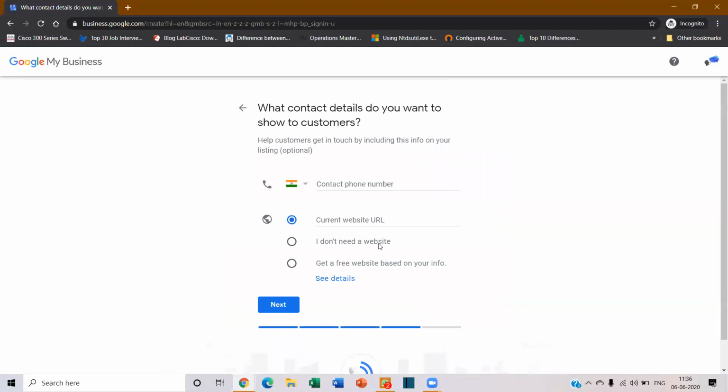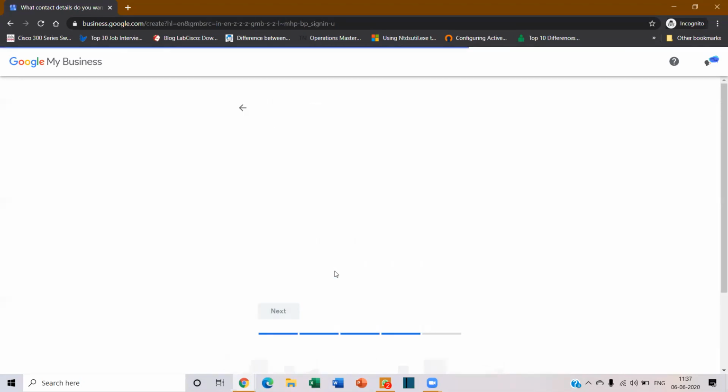Then you have this contact number. Giving a dummy number. If you don't want, you can skip that also. I don't know how many of you know this. Google also has domain website creation. You can use Google to create a website, which is like 890 rupees per year or something. They also have a domain which is managed by Google itself. And you can create the website in Google itself. You don't need a third-party app also.